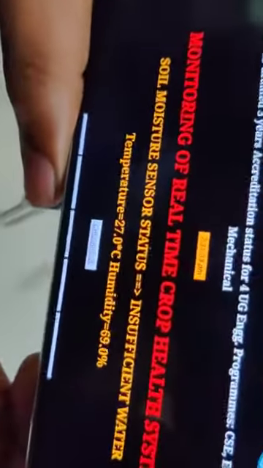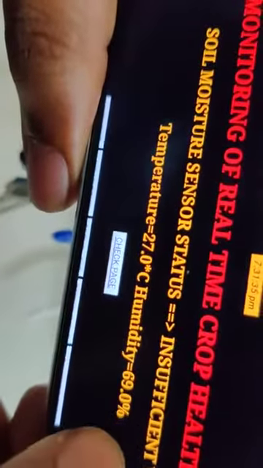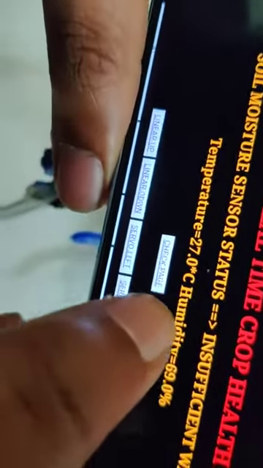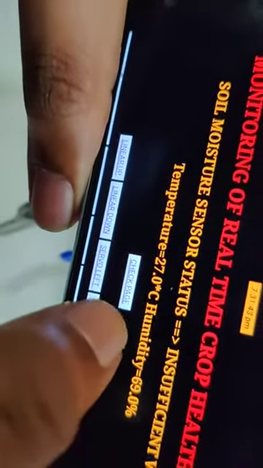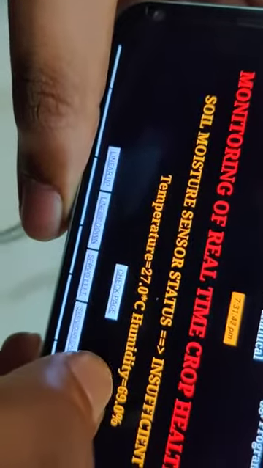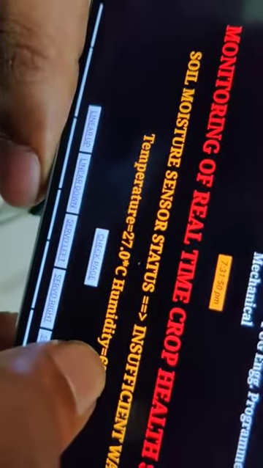There is a Check Page button; when you click on it, this page will refresh, and the soil moisture sensor status, temperature and humidity will be updated to the recent values from the database.